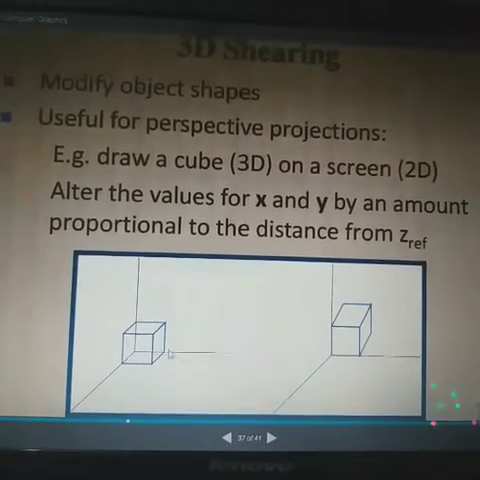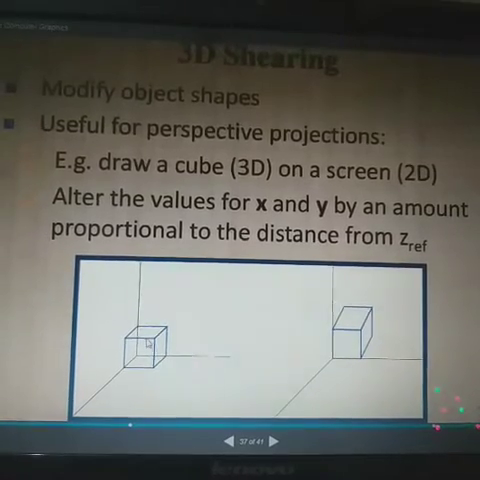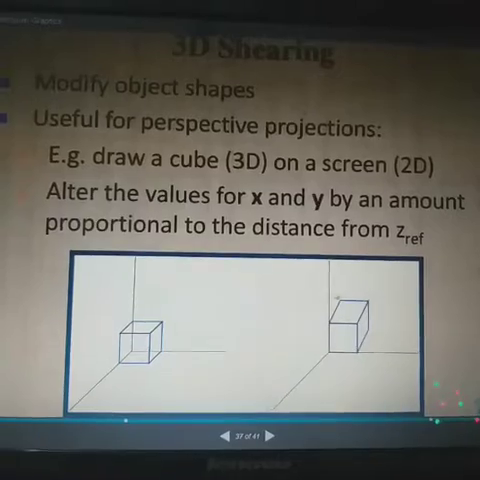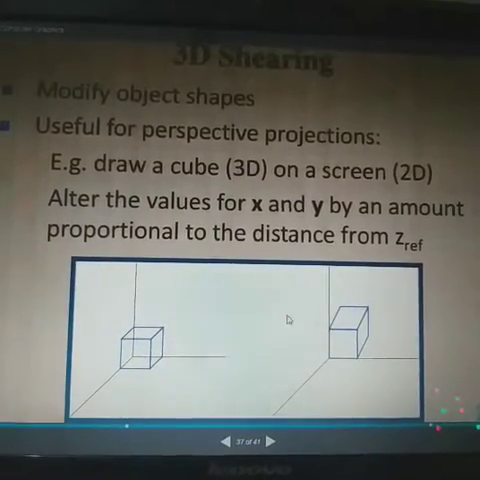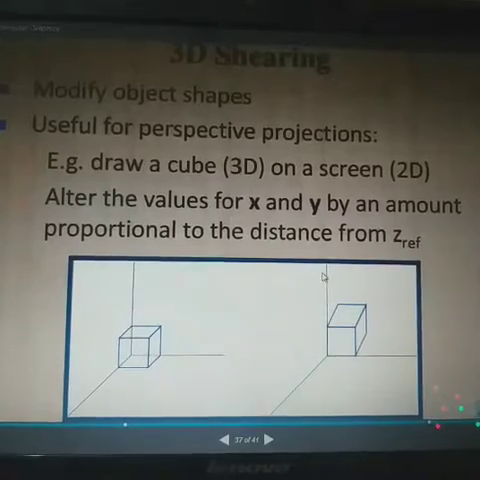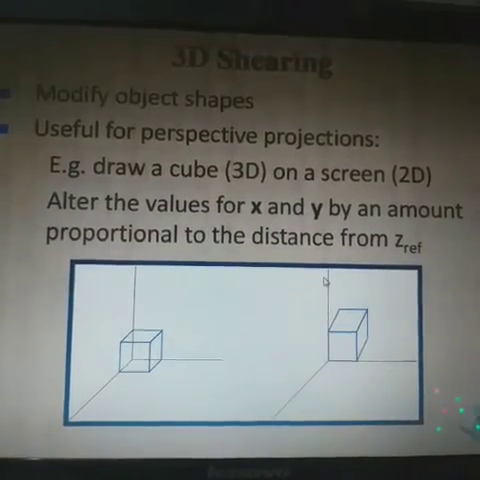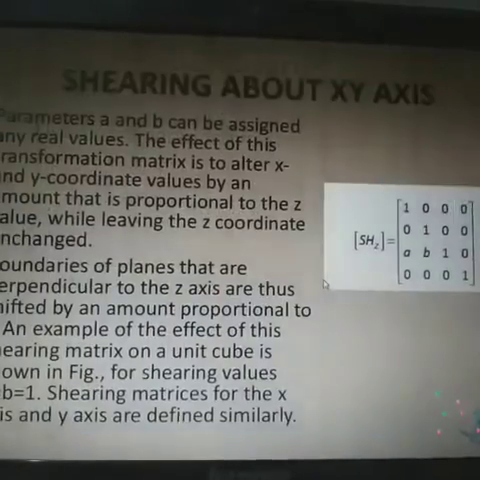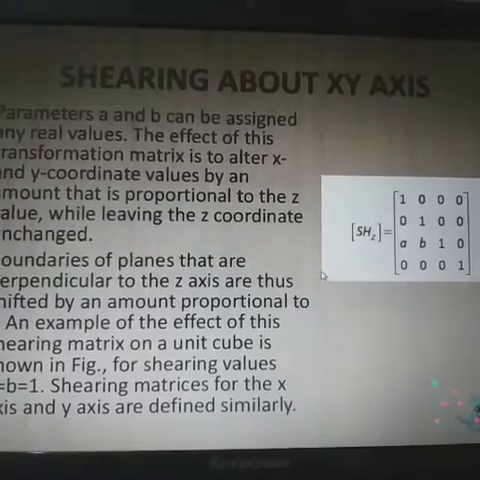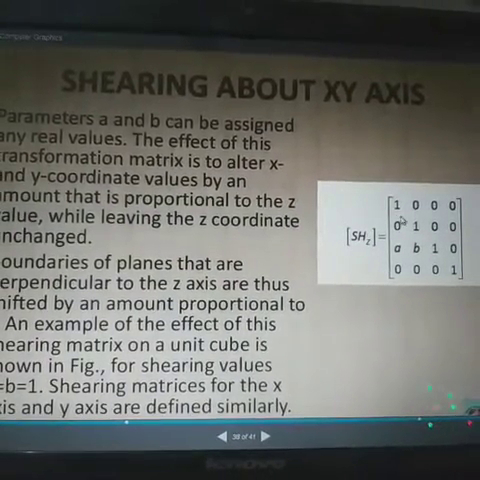Converting or transforming this three-dimension cube from the three-dimension plane to the 2D screen, the representation is like this. This is the shearing process, which alters the values of x, y, and z by an amount proportional to the distance from the z reference. So if you are talking about the shearing about the xy plane, then the matrix is like